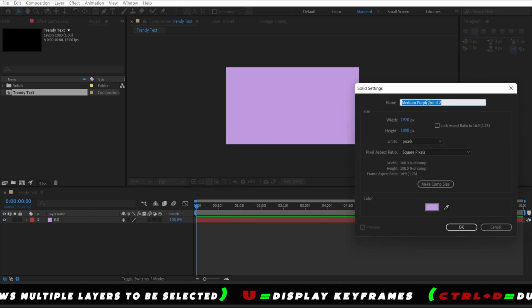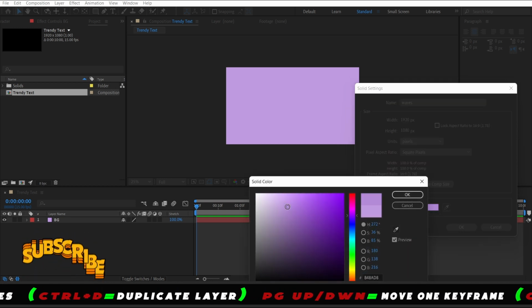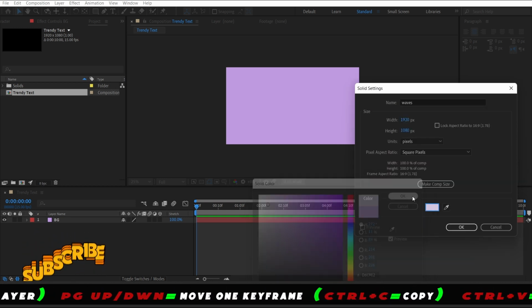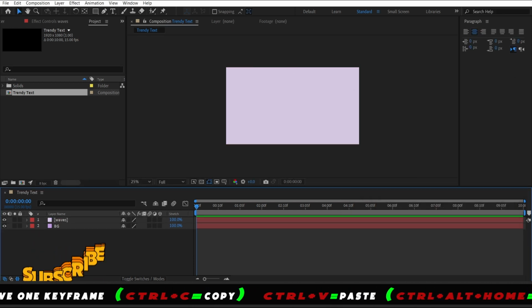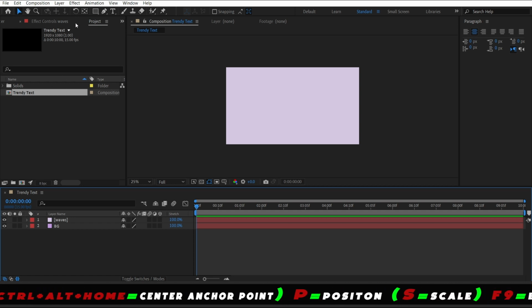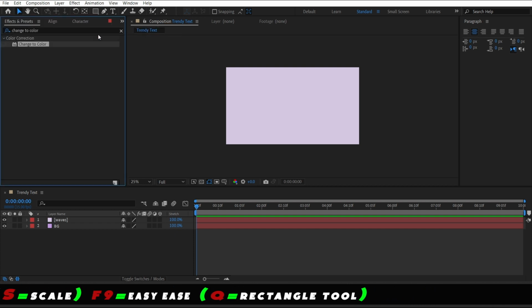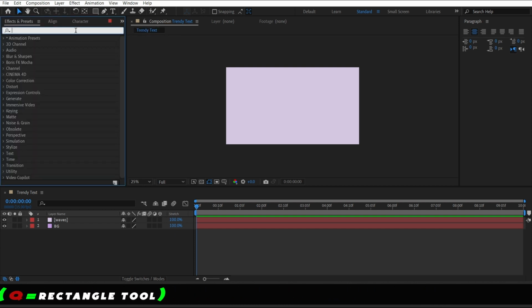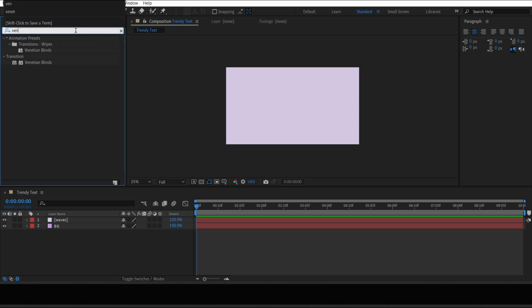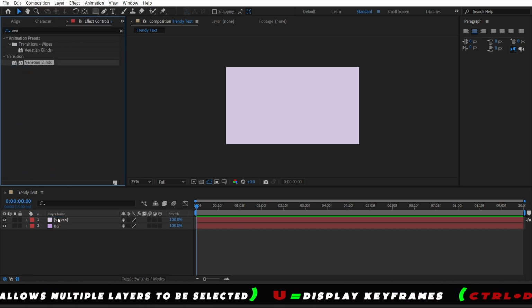and we'll do another one for the waves. New solid, call it waves, and we'll make this one a little lighter. Alright, now we need to get the waviness, so let's go ahead to our effects and presets, and Venetian blinds. Venetian blinds transition, and we'll drag that on top of our waves,